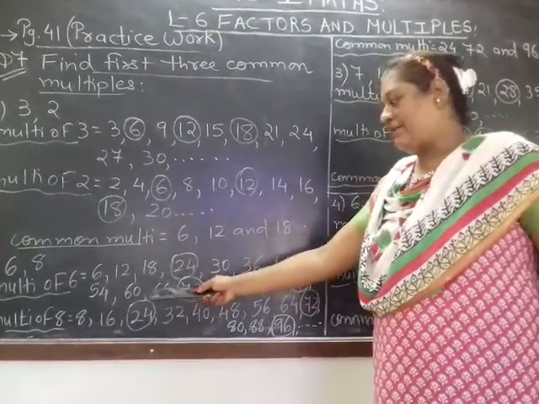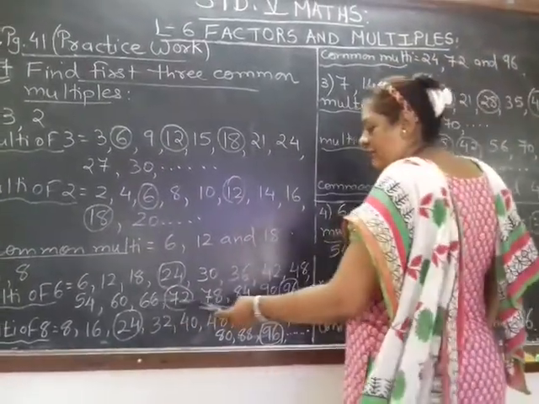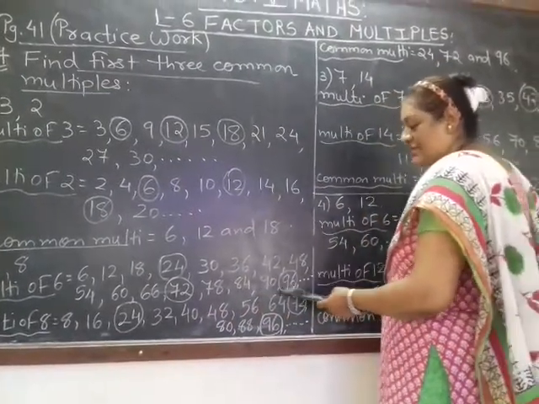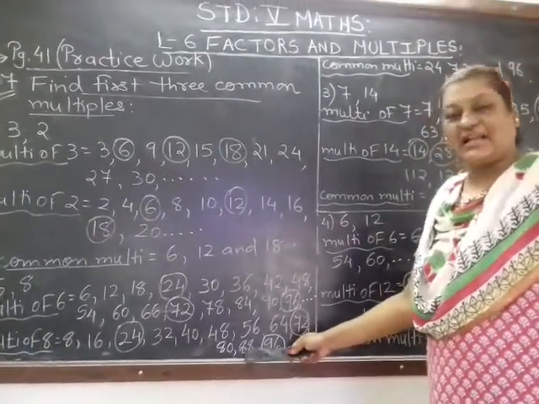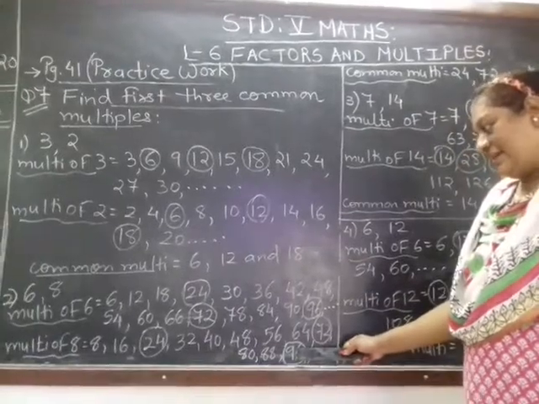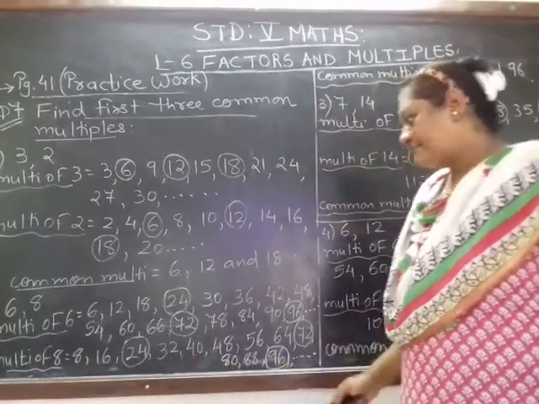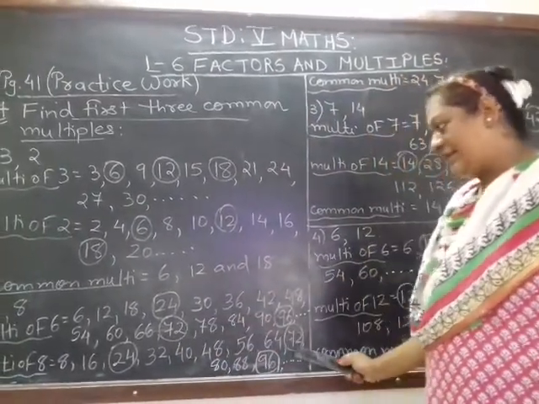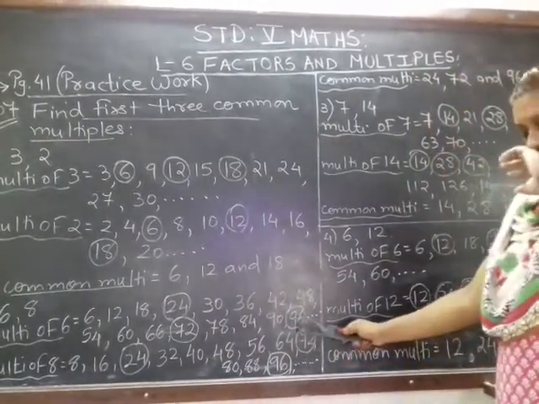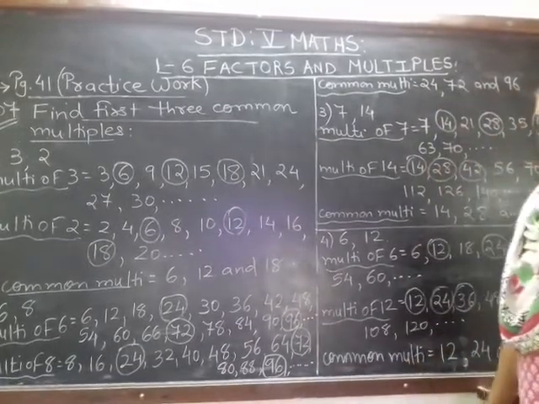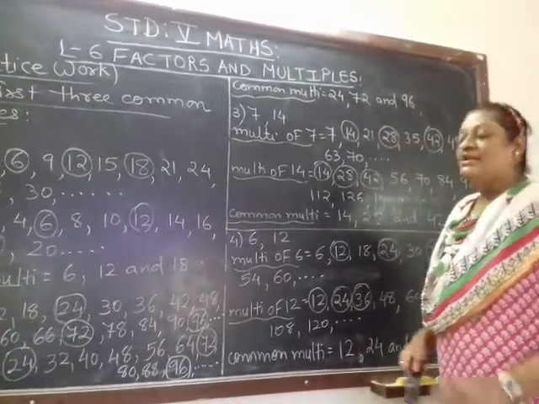Till 10 it is okay, but if you are not getting common multiples, you have to go multiplying with the one digit more. So 11, 12, 13, 14, 15, 16, you can see. Till 80 I am not getting the third multiple, so I have gone with 11 8s are 88, 12 8s are 96. Now you can see I am getting all the three first common multiples. 24, 24, right? 72. In the table of 8, 72 comes. So this is the second common multiple, and 96 is the third common multiple after extending the tables. So my first three common multiples are 24, 72 and 96.